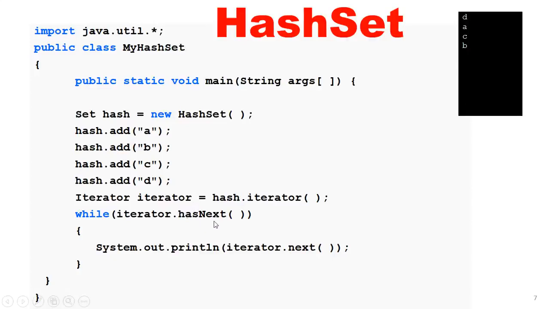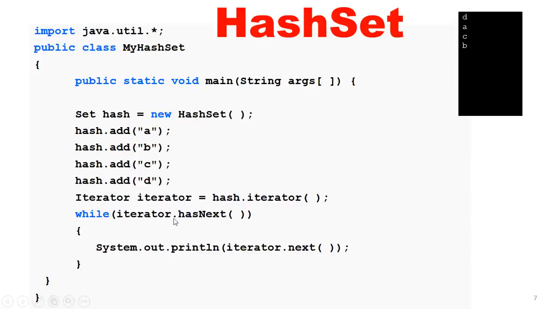What is the working of the hasNext function? The hasNext function returns true if the iterator has more values, right? In this set we have 4 elements A, B, C and D, right? The hasNext method checks whether the iterator has more values or not.